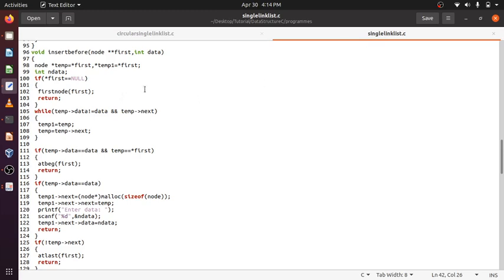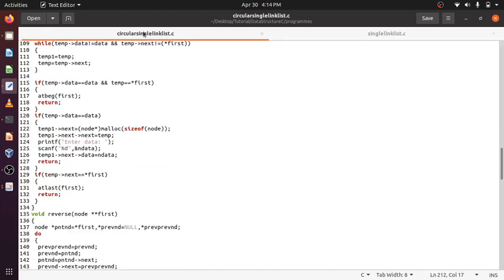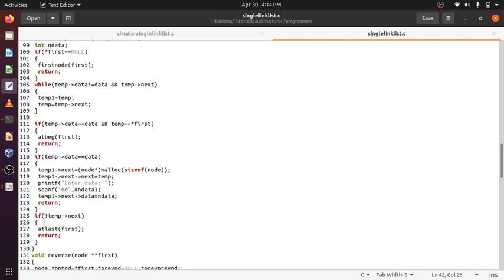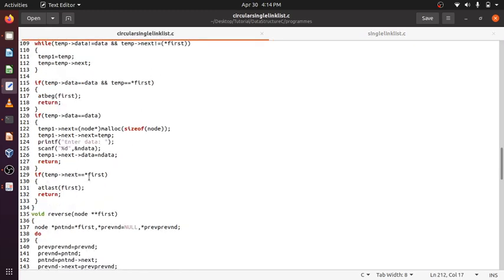Okay, you have understood this. You have looked into the video of this program, it's nothing different, it's the same. If temp next equal to null, it means I have reached the last element, but the number doesn't match with anything, then it will be inserted at the last. Here, not equal to first. Inserting at the last means temp next equal to first. So at last, I called the function directly here.